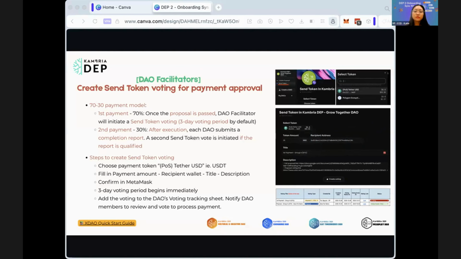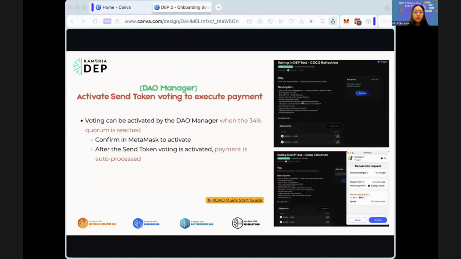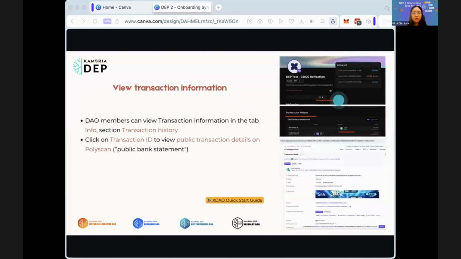Then the DAO facilitator will add the voting to the DAO voting tracking sheet and notify the members to review and vote to process the payment. Once the quorum of 34% is reached, send token voting can be activated by the DAO manager. After the send token voting is activated, payment will be auto-processed from the DAO wallet to the recipient wallet.